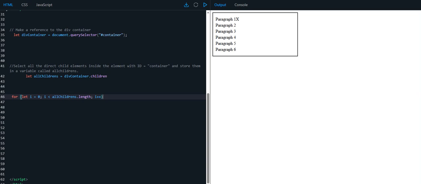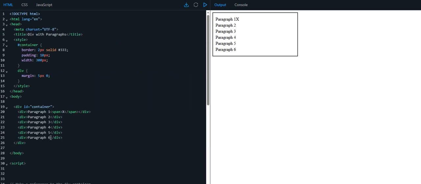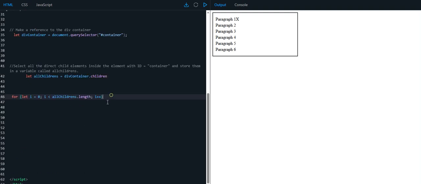All children dot length is 6, because I have 6 divs in my main container div, and inside the loop I will change the CSS, the style, using JavaScript. Firstly,